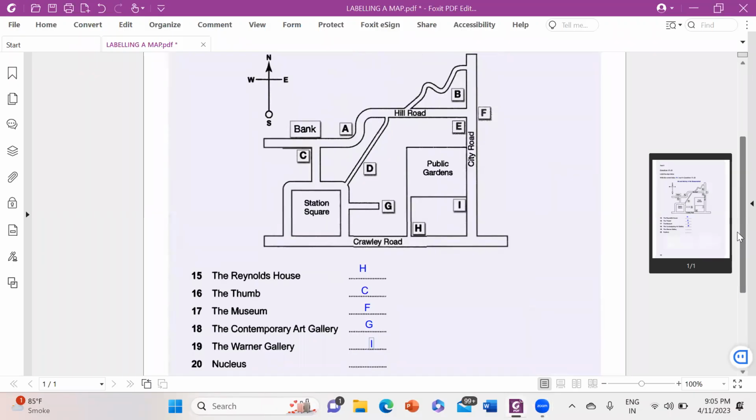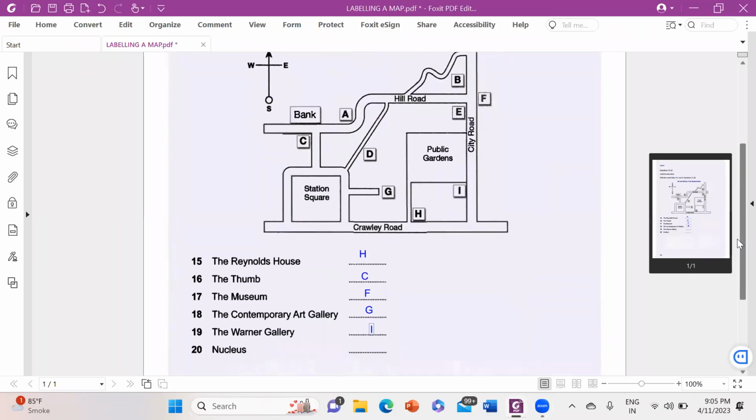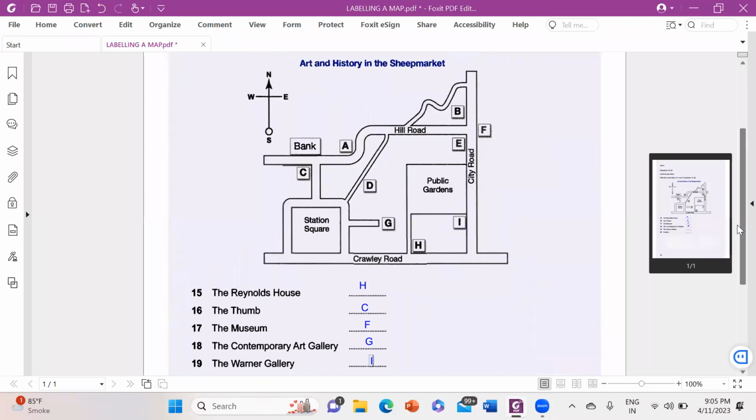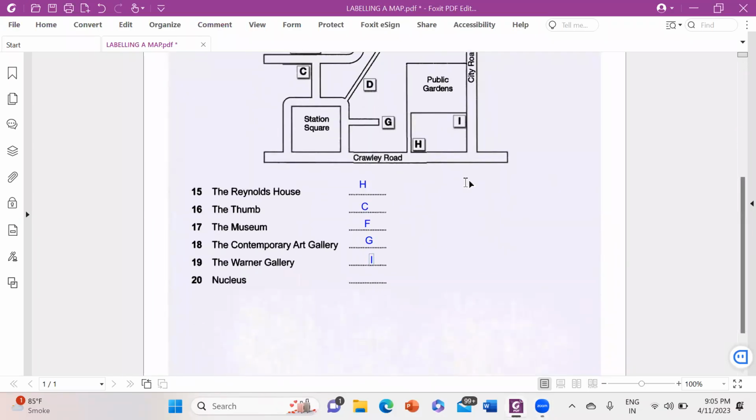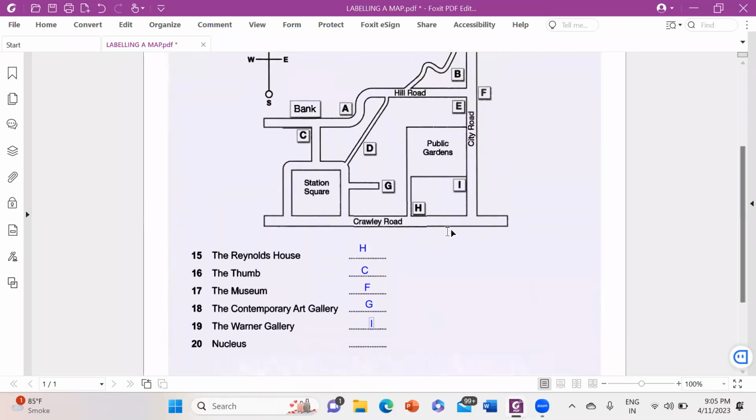Nucleus. Some are saying A, some are saying B. Well, let me tell you what they said for question number B. Let me just write it down over there. For question number 20, they said,